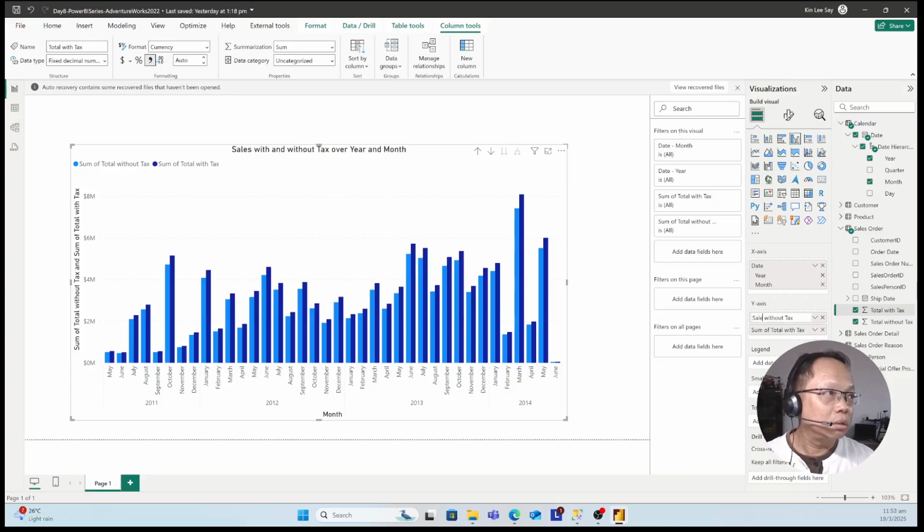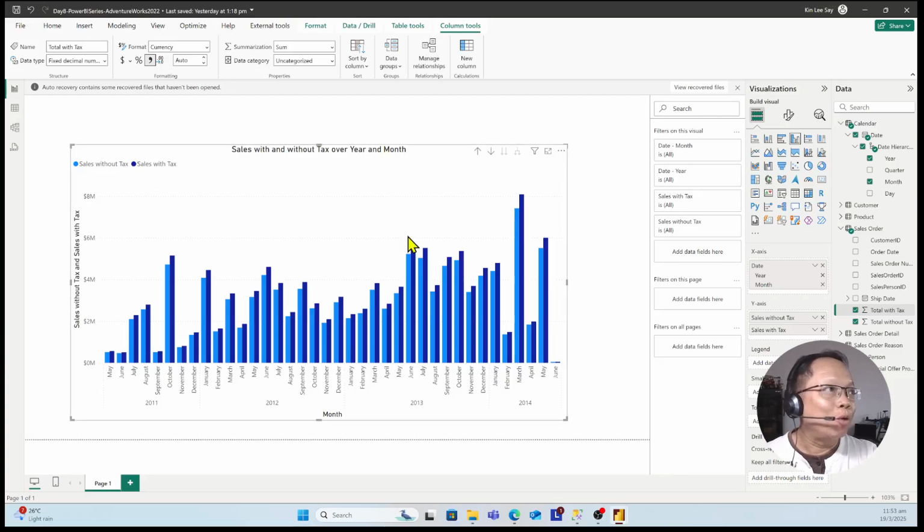Sales without text and sales with text. Okay, so we have successfully